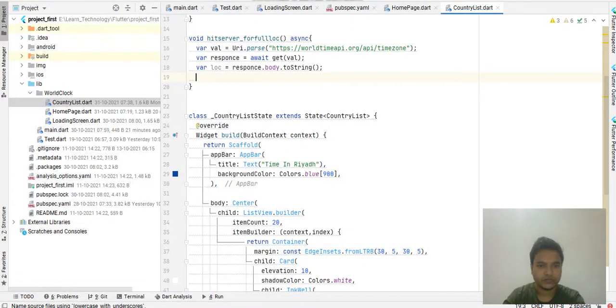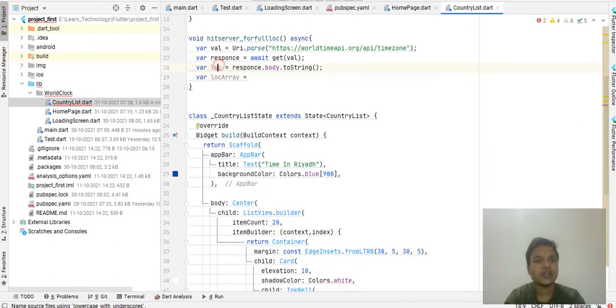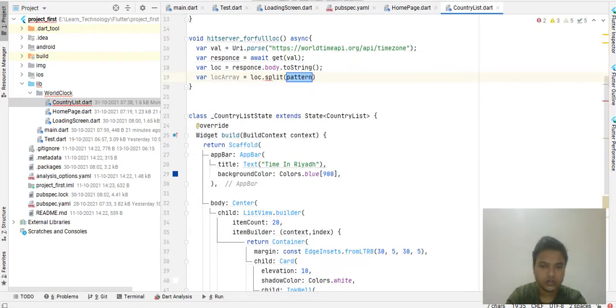So what we have to do is location array equal to location dot split. The split element will be the comma, and here you can see the list of the array comes.